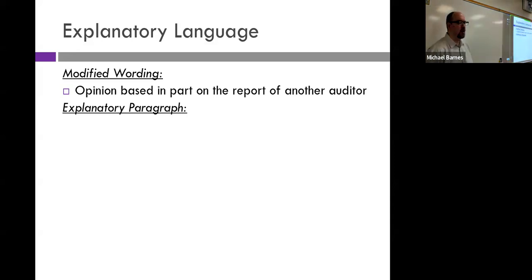Now, what does that mean? Whose work the primary auditor is not willing to take responsibility for? Let's assume that I'm on a big audit, okay? I'm Ernst & Young. I actually am Ernst & Young, okay? Ernst & Young. And I'm doing an audit, and I've got